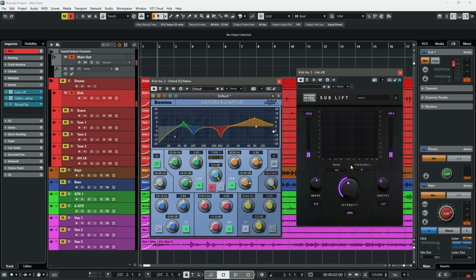But listen to that Suift. I have this in sub mode. I'm using 72 hertz, and if I do delta,